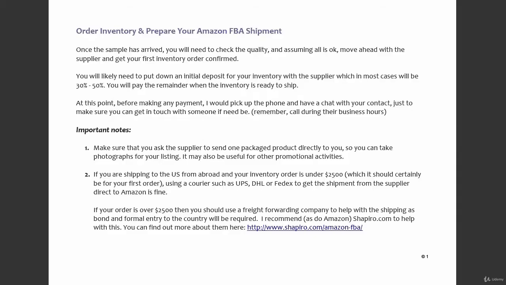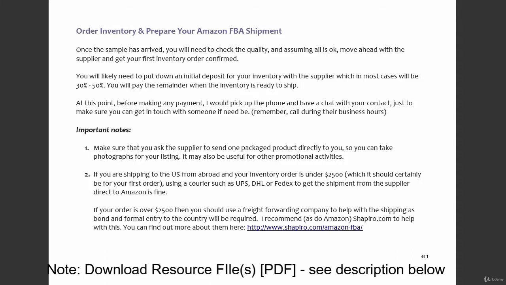Once your sample has arrived and everything seems to be okay with the quality and you want to move ahead, then you can get your first inventory order confirmed. What I recommend is to not pay the whole amount to begin with. Pay a deposit, which can be anything from 30 to 50%, it depends on the company, and make the payment through Alibaba. Make it through their system, and insist that this is the case, so that you're basically protected by